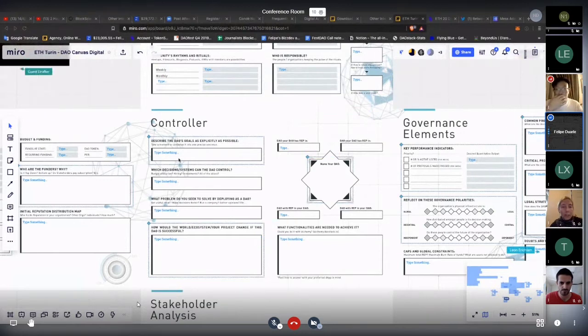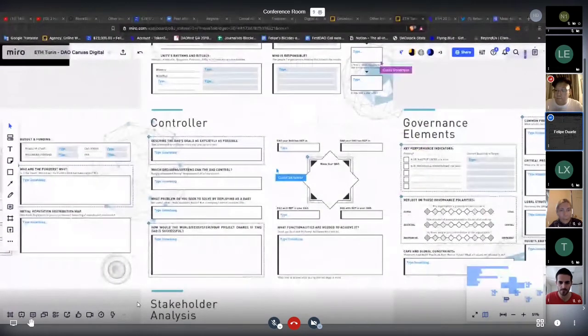So what I want to do is have a small pitch round for anyone that has an idea for a DAO. We have a vast majority of passive consumers and a small subset of doers, which reflects the tendencies that Larry was talking about. But does anyone from the people who are willing to speak have an idea for a DAO that they would like to build? Fanny, if you don't say anything, I'll let Jason build it because he has ideas for DAOs all day.